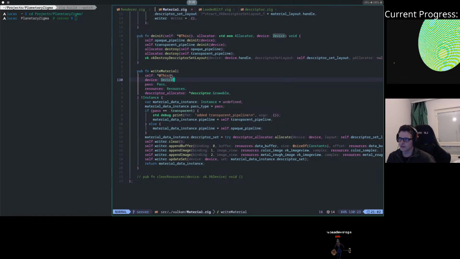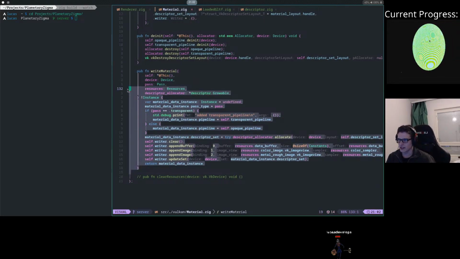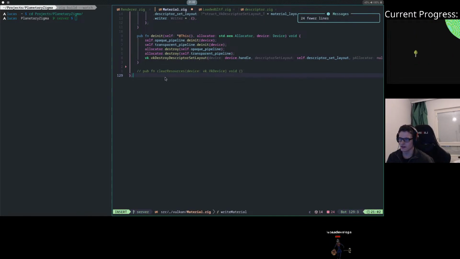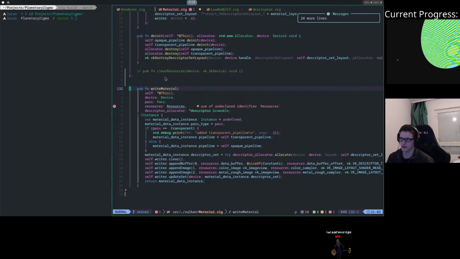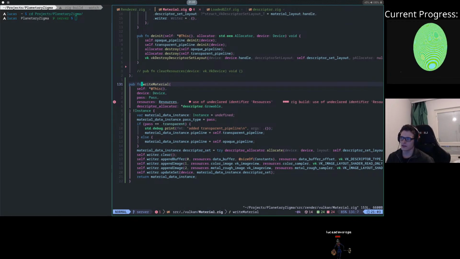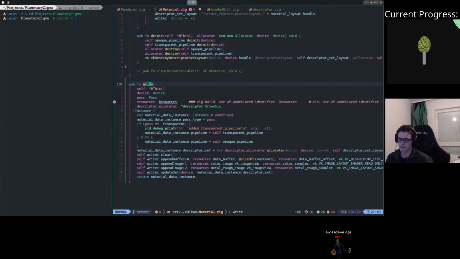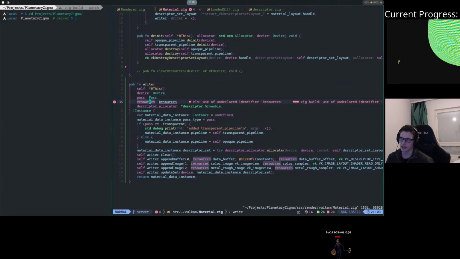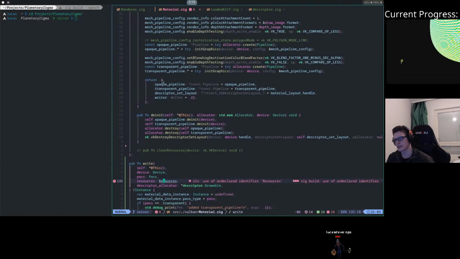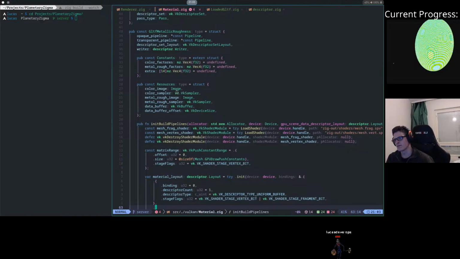So what we can do is we can take this thing out of the namespace and we'll put it just in material, I think. And then just material, write material. Well, we're already in the material namespace, so I think we can remove this part and just say material write. It will be a bit cleaner also. And what we'll do is we'll take in a resource,